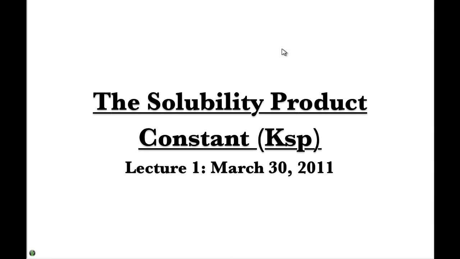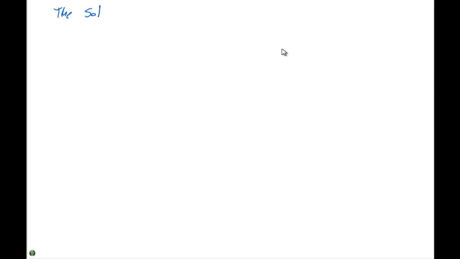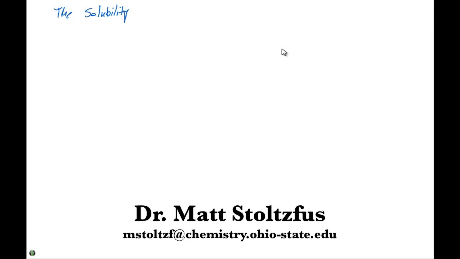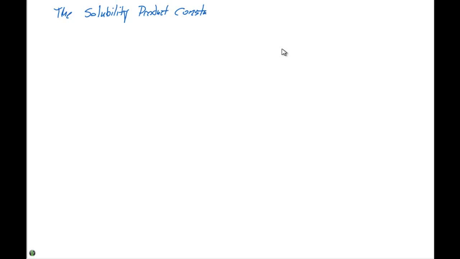In terms of looking at the specific K, when we talk about salts dissolving, it's called the solubility product constant. And we abbreviate this as KSP. This is the entire focus of lab number 1. It's a 2-lab period lab. And the solubility product constant is the constant